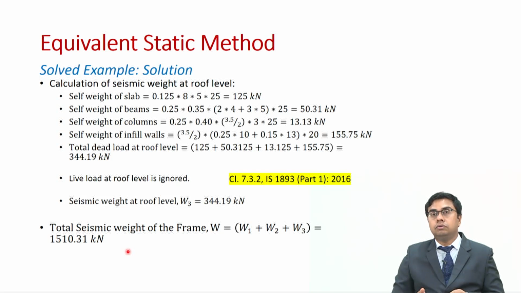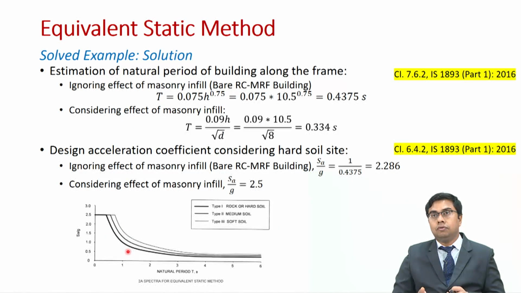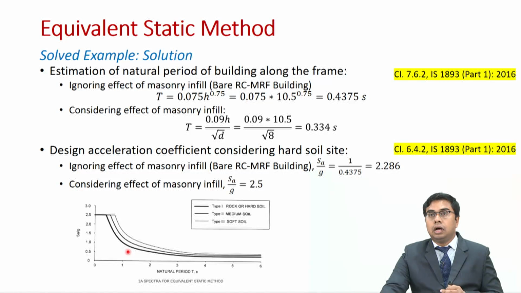Now, once we have found out the seismic weight of the frame as well as for different floors of the frame, we shall now find out various components or factors that were involved in calculation of AH. So, for calculation of AH, one very important thing was determination of SA by G, which represents the hazard at the site. So, for SA by G, what do you need? You need to know the natural period of the building, you need to know the soil type at the site. So, in this case, we are given the hard soil site, but we are in need of the natural period